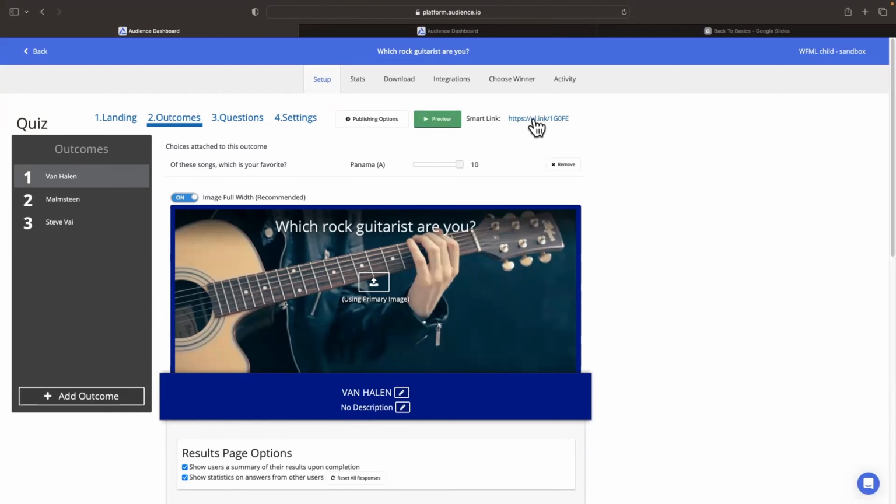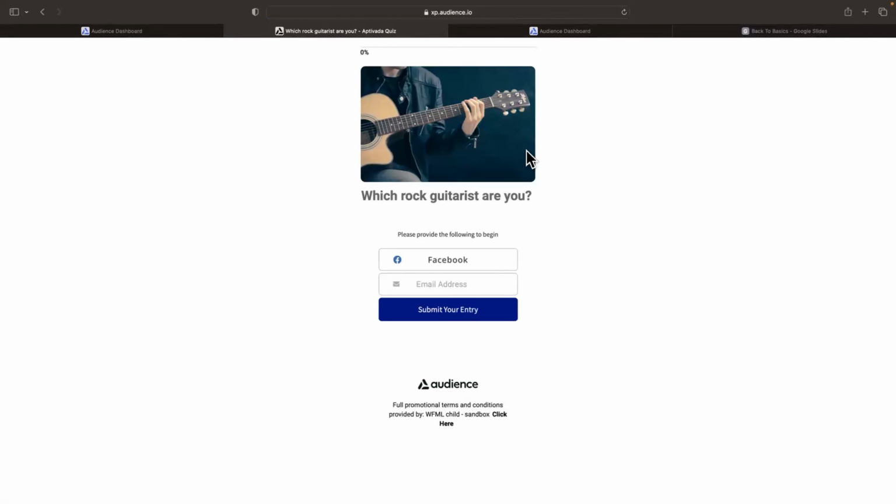We have the smart link that you can use if you want a generic link that has no branding for the quiz. You can click that and it will appear without any branding. Obviously ours, but you can delete this too. This is the white label. If you go into more settings, you can get rid of our logo down here by clicking the white label box, and that will disappear. And then of course you get a link to your terms as well.